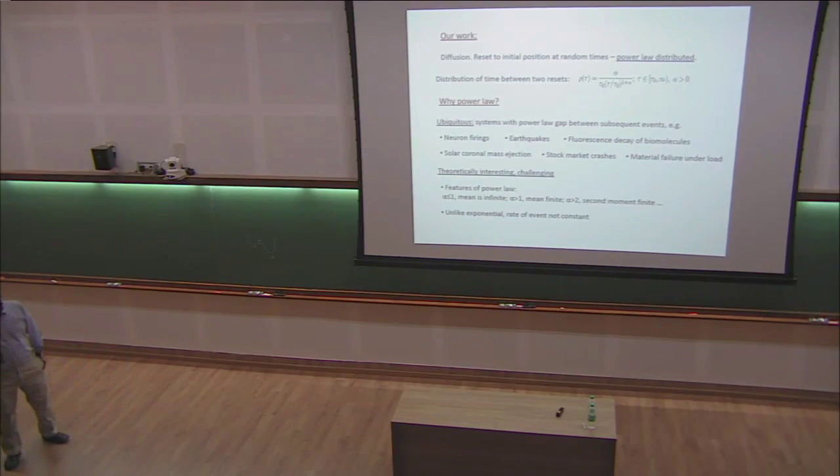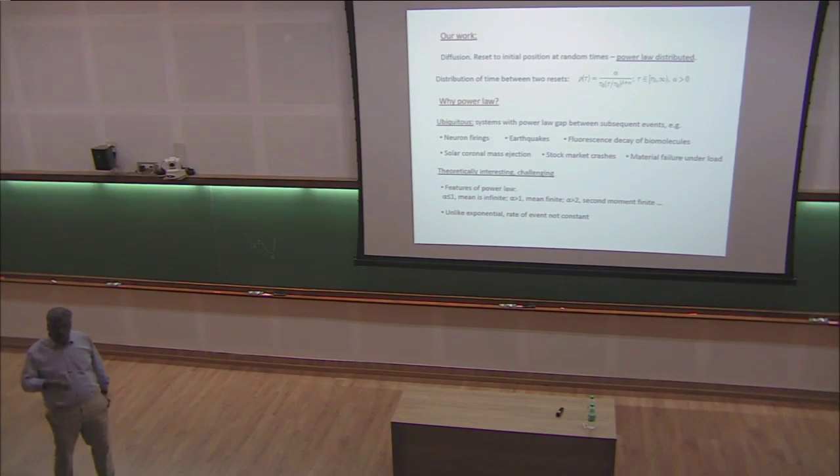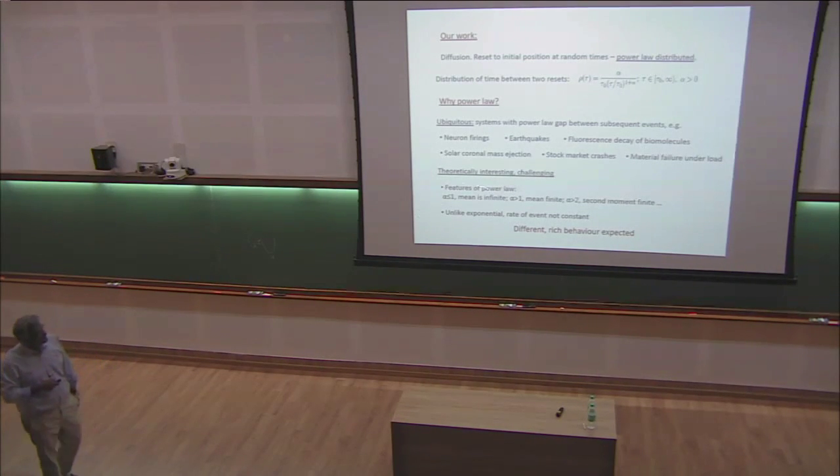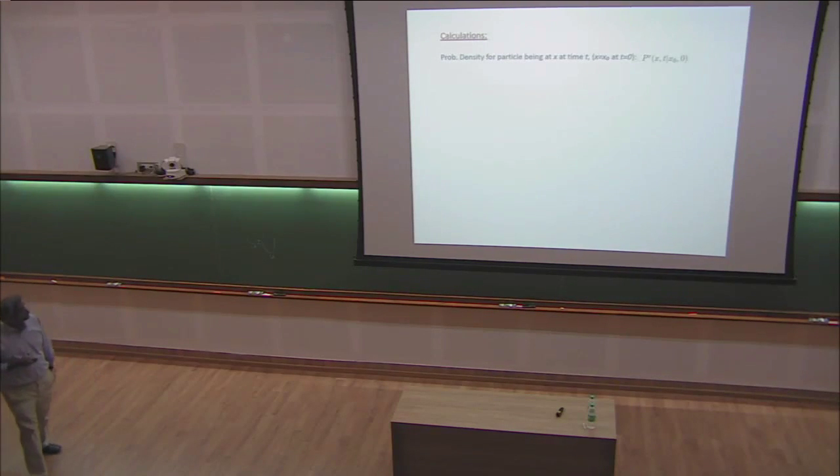And just from a purely theoretical point of view, power law has this thing that the consecutive moments start to become finite, from infinite to finite, as the power law exponent increases. So as alpha increases, when alpha is smaller than 1, the mean is infinite. When alpha is greater than 1, mean becomes finite. For alpha smaller than 2, the second moment is infinite, and it becomes finite beyond 2, and so on. And therefore, we expect a very different behavior from what has been seen before.